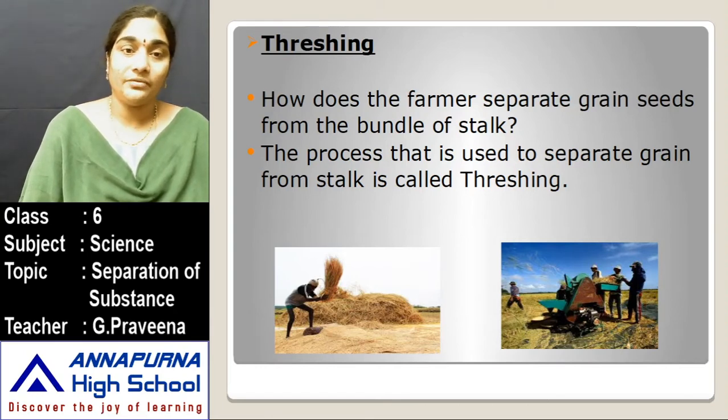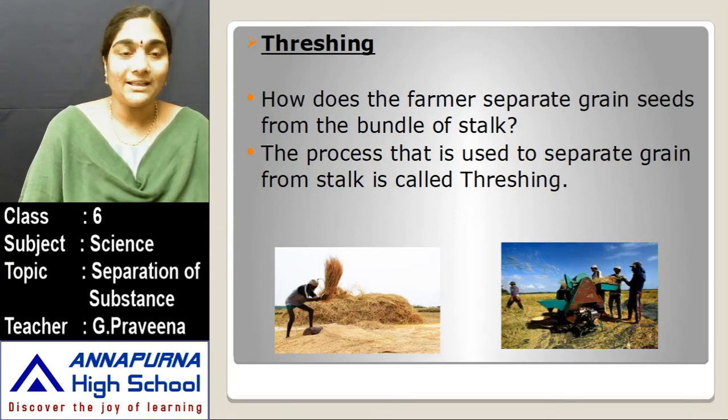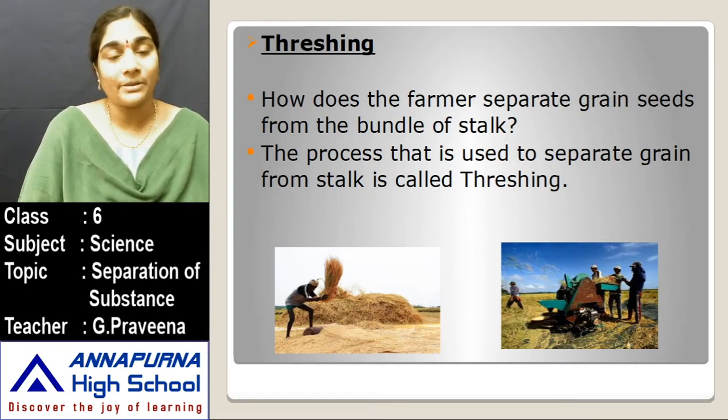After harvesting, the stalks are made into bundles and laid down on the ground to be exposed to the sun, so they get dried out. After that, each bundle is taken in the hands and beaten against a hard surface so that the grain gets separated from the stalk. That process is known as threshing, which is mostly used to separate the grains of wheat and paddy.